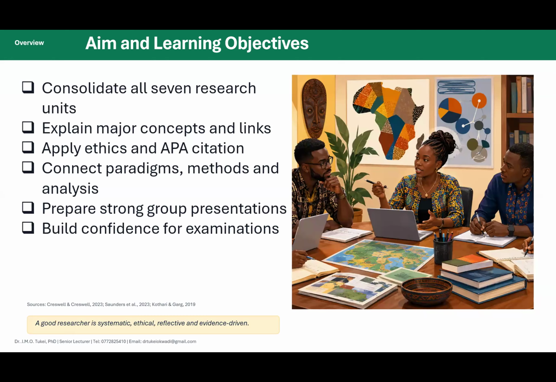Colleagues, you should also be able to apply research ethics, use APA citation consistently, interpret quantitative and qualitative evidence, and also be able to explain how a proposal develops into a dissertation and eventually into a publication or even a policy product. Why not? These are not merely examination outcomes, by the way. I want us colleagues to get this. They are not merely examination outcomes. They are professional competences required in health, education, security, management, public policy, and developmental kind of policies, practical issues. If I've not mentioned your area, please don't get offended.